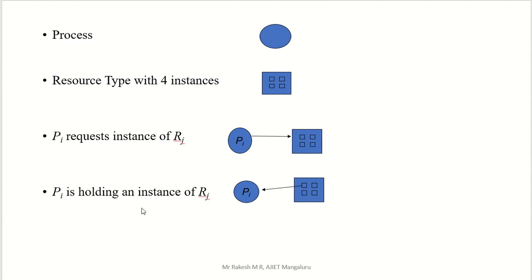Then what about holding or assignment? Here we have Pi, and here we have your resource. One of the instances, because we have 4, consider this is a printer. We have 4 printers. Out of that, one printer is given to this process. Like that, we can give a second printer to another process, a third printer to another process. That happens many times. If you use it like that, then deadlock will not occur. So here one of the resources is given to one process. This is already assigned. That resource instance is already assigned to that particular process.